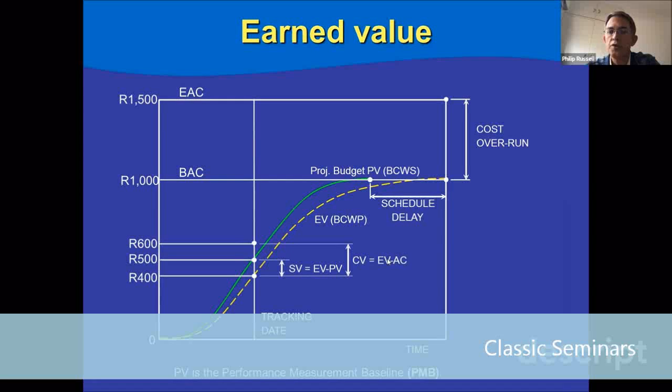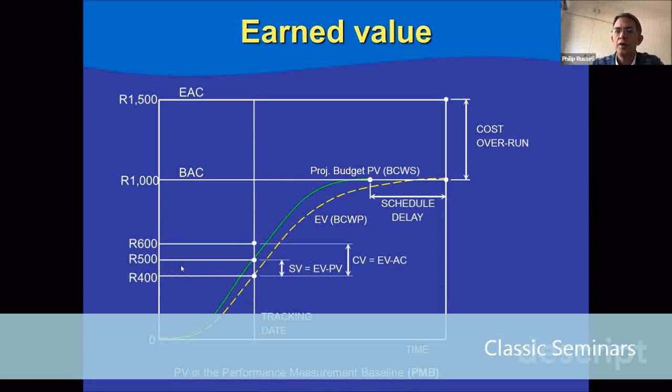So if we should have produced 5 hats, but we have only at this point produced 4, it means we're 1 hat late at this point. Or we're 100 Rand behind schedule in terms of the production of deliverables. And that calculation is basically just taking the planned value at today's date, which is 500 Rand, and we subtract that from our earned value. So our earned value is the yellow line, which is 400, and 400 minus 500 is negative 100. So our schedule variance, or SV,